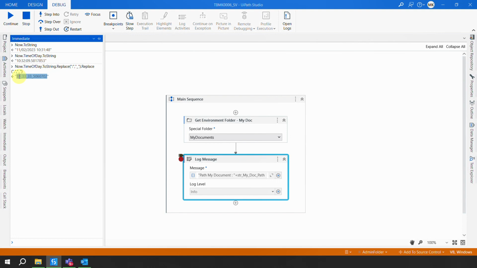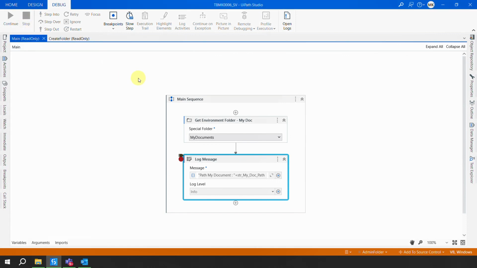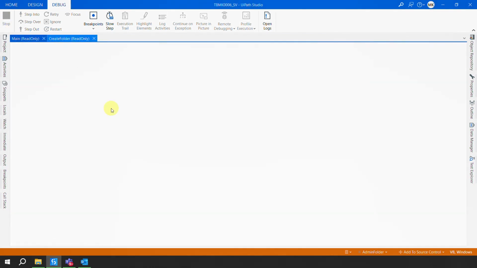You can ignore this part, that I'll strictly leave it to you. But for me, if I write this statement, I am getting this output, right? So that means I'll just copy this. I'll stop the workflow. And now when I was creating the folder here